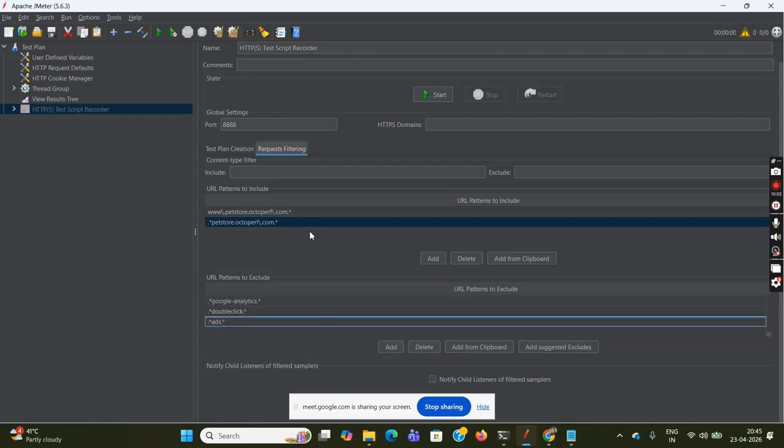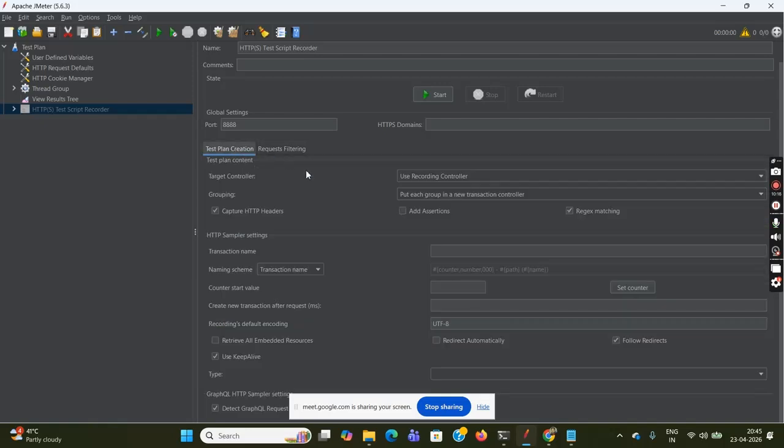Now, what I want to include, I have added the URL domain. In that way, only the required things will be recorded. Other things will not be recorded. Then again, go to the plan creation and you can add the assertion